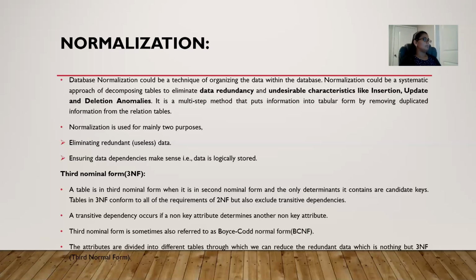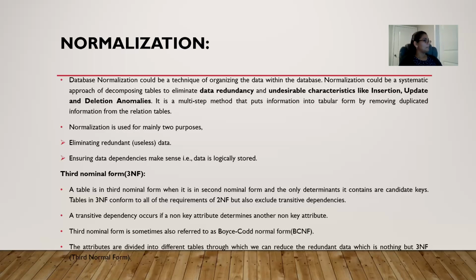Third normal form. A table is said to be in third normal form when it is in second normal form and the only determinants it contains are candidate keys. Tables in third normal form conform to all the requirements of second normal form, but also exclude transitive dependencies. So what is transitive dependency?